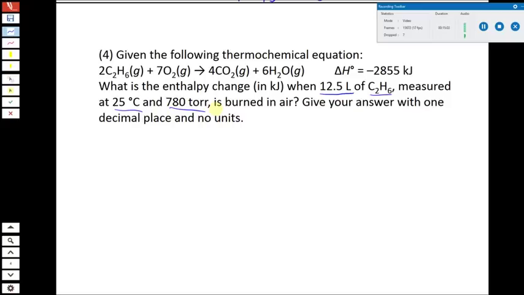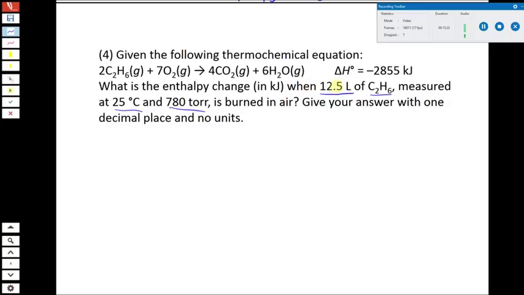This question actually combines Chapter 7 topics with Chapter 8. There won't necessarily be a lot of questions on the exam that do this, but for the purpose of the review I will, so that allows us to cover more material that way. But we should be able to do this with what we know from both of those sections in the course. So we want to know how much enthalpy change we have when we burn 12.5 liters of